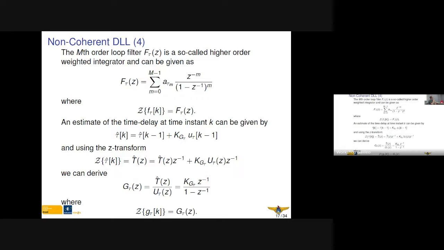And this is then K_G tau z to the -1 divided by 1 minus z to the -1. We see clearly that this is an integrator characteristic, while we can also use the Z transform to derive a time response of this filter